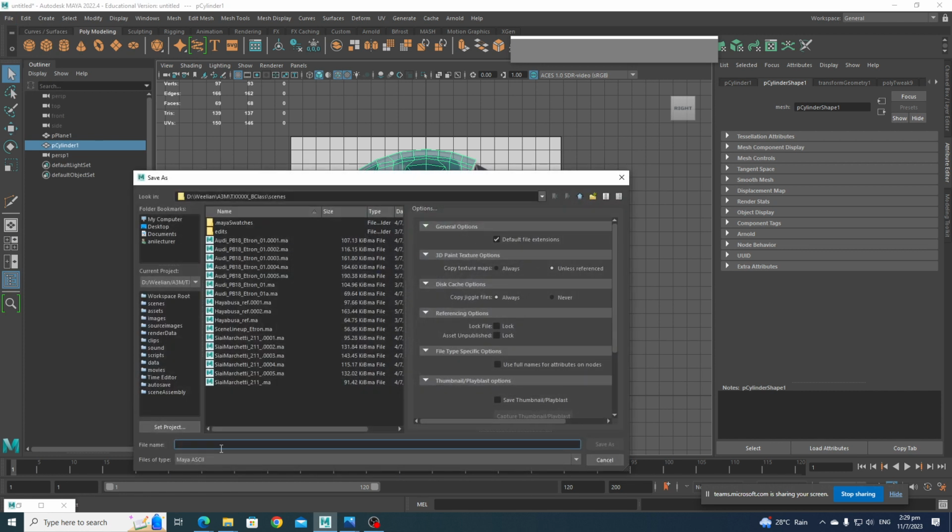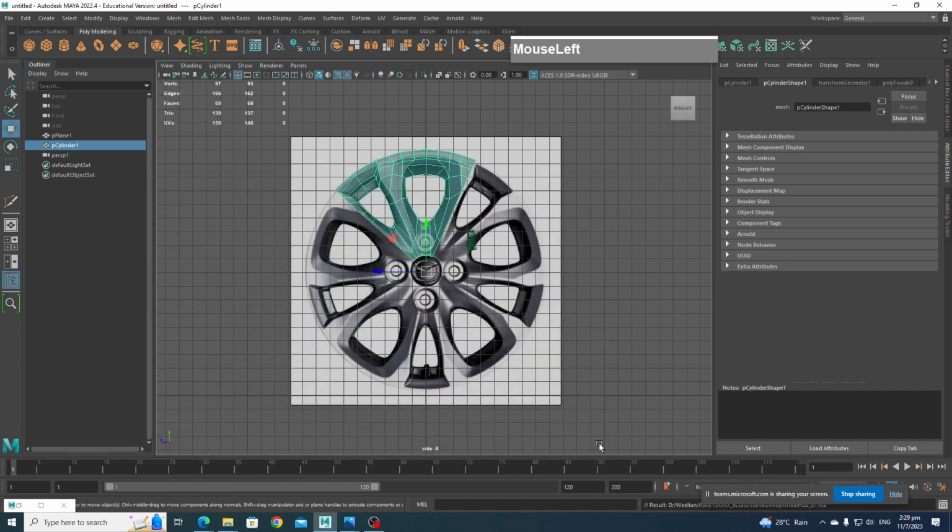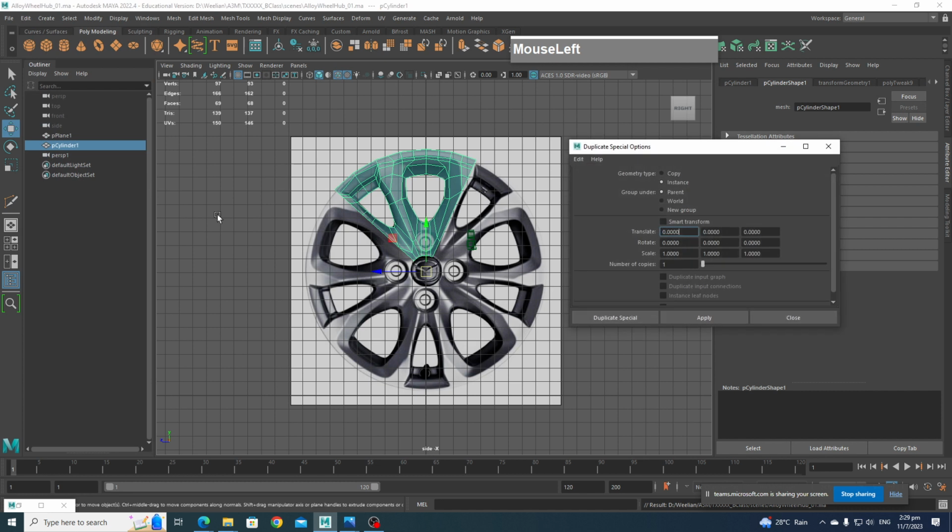Call this alloy wheel hub_01 and save. Then I will go to Edit, Duplicate Special, and create instance. I'm going to create 1, 2, 3, 4 copies,